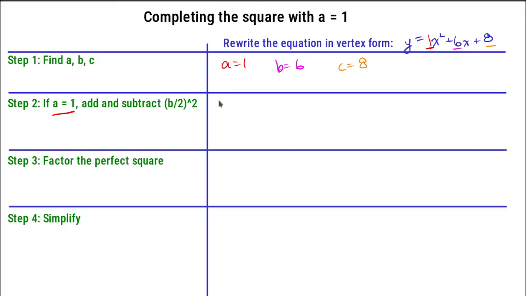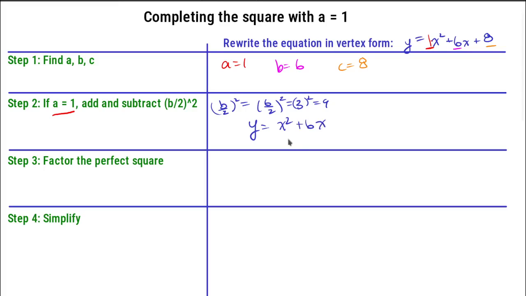So what is b over 2 squared? Let's compute that first. So b over 2 is 6 over 2 because we said b was 6 and then we square it. So 6 over 2 is 3. And then we square that, we get 9. So we're going to add 9 and then subtract it right back on the right side of this equation